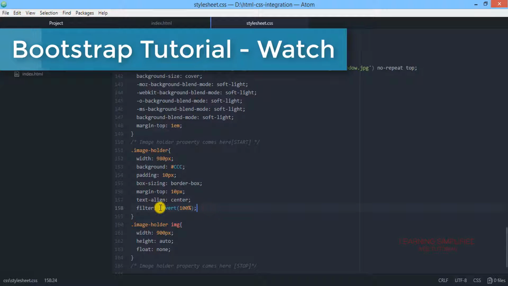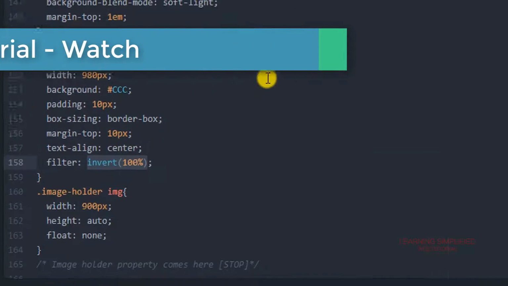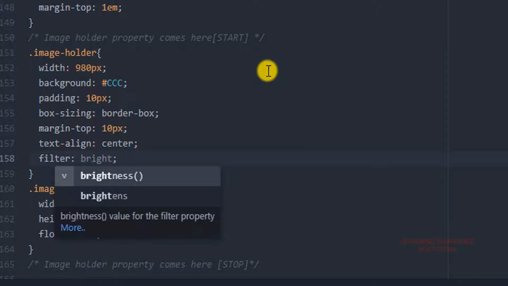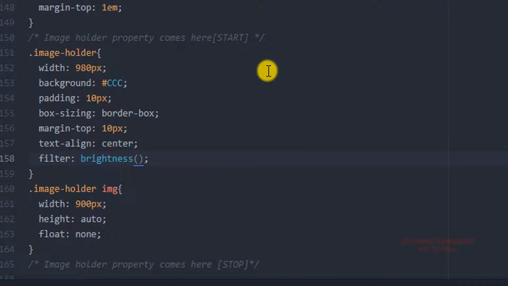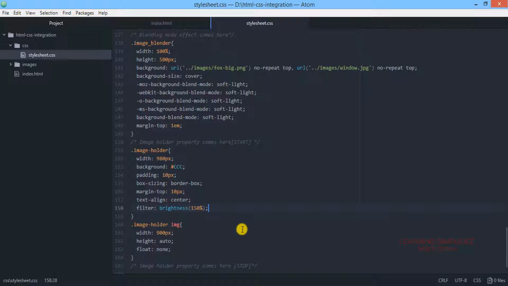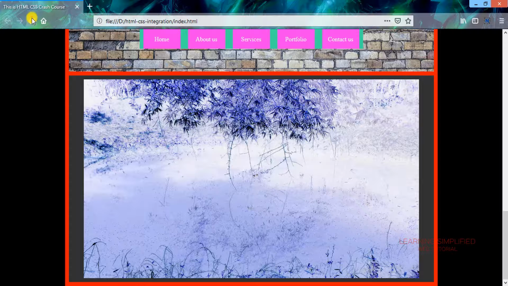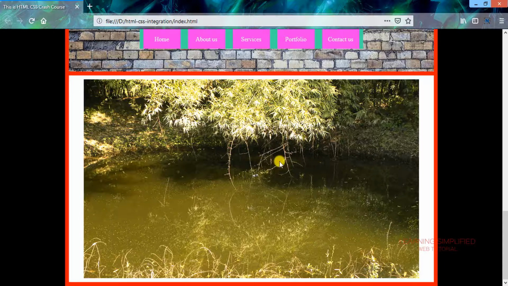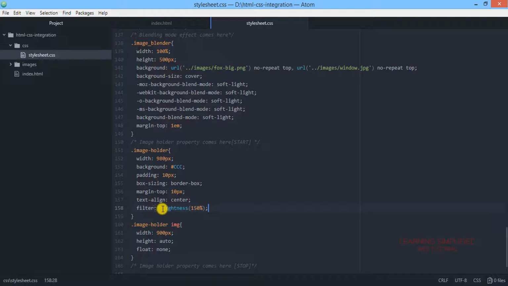On the other hand, if we want to make some color change or brightness change, say we want to increase our brightness a little bit, we provide a percentage value for the increment of this brightness. Get back to your project, reload. First of all, let's restore it to its original condition.